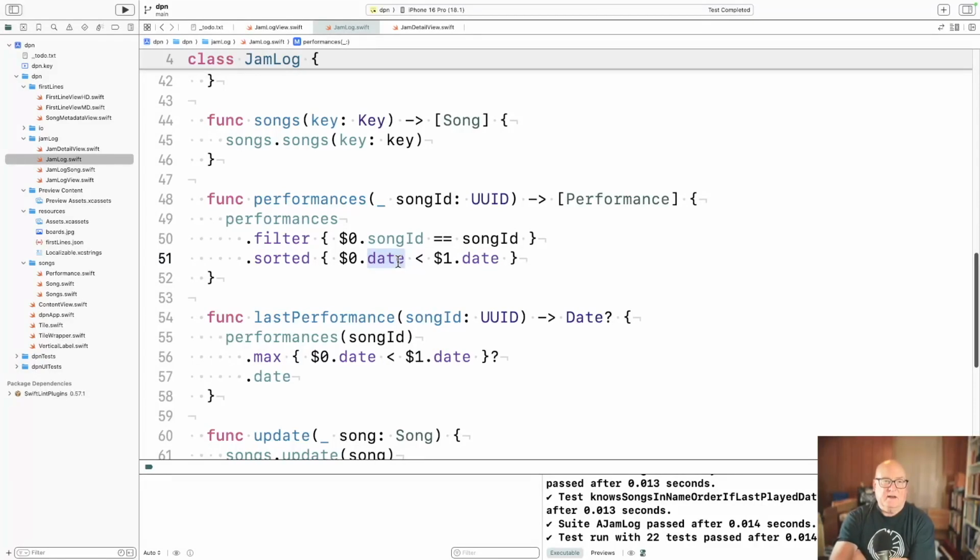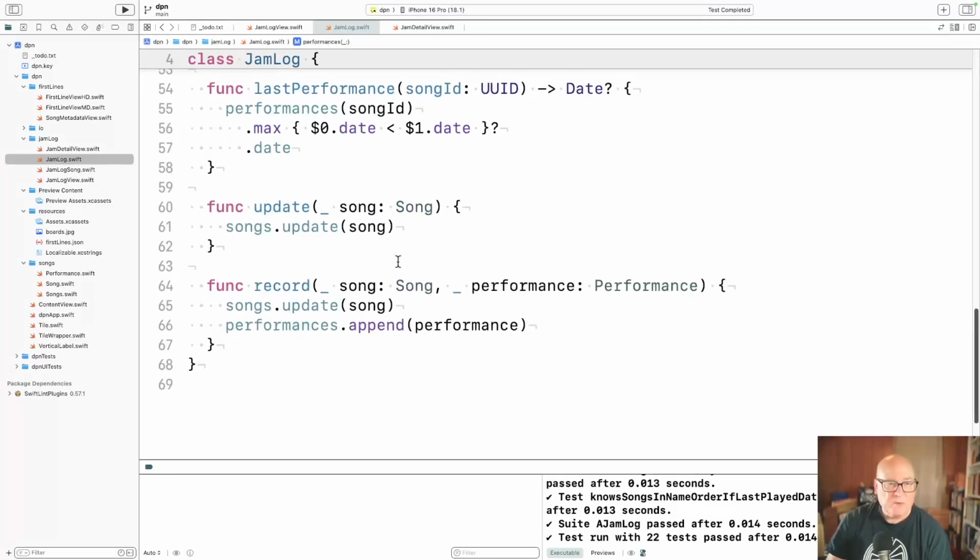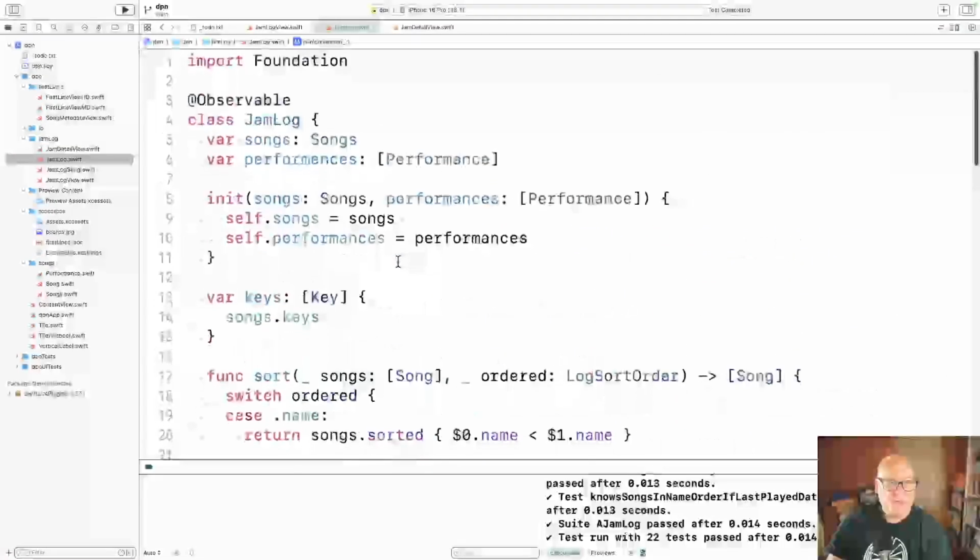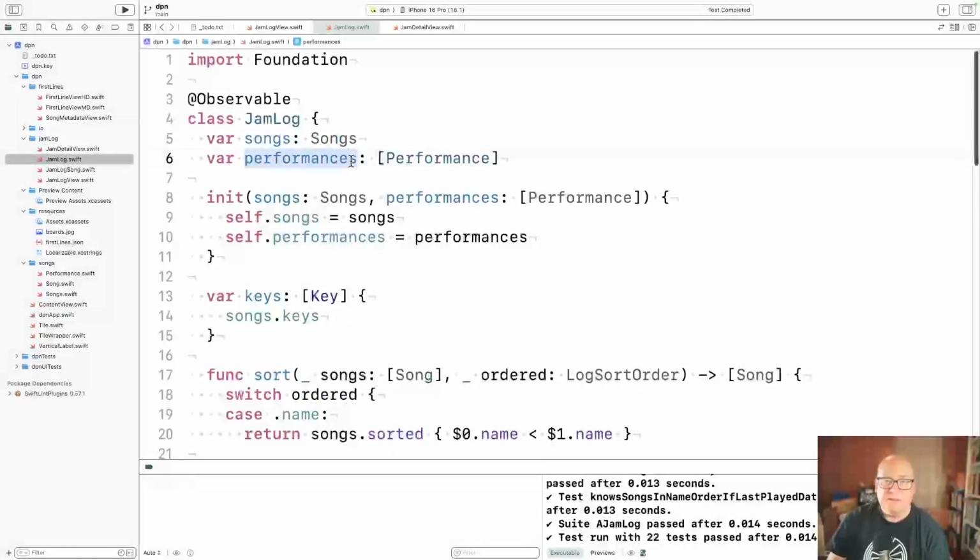It's saying, for a given song ID, I want to know the performances that match. So you may have played the song any number of times, and we'd like to see those. The last performance, same thing. Update record, that touches both. So I think maybe we need to pull performances out as an object and give it the stuff it can do.